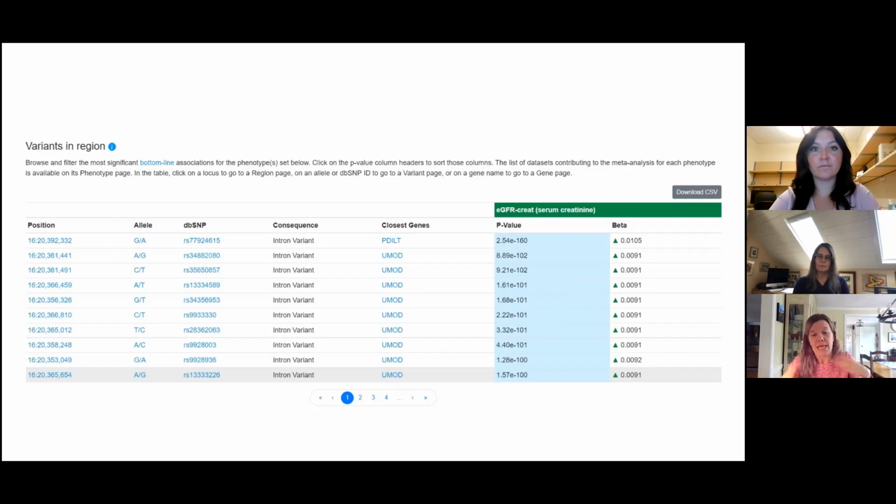And this is the first version of this feature, and we hope it will be expanded in many ways. One, in the types of data we represent, working with CMDGA and our collaborators to bring in more traits and more genetic data to bolster it, but also to make the feature richer, to present actual information that will be useful in making decisions on which gene or variant to prioritize. So with that, I'll turn it over to Maria, who's going to walk you through a demo of the actual resource.